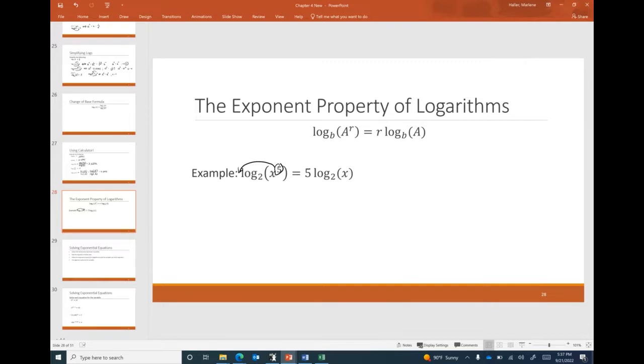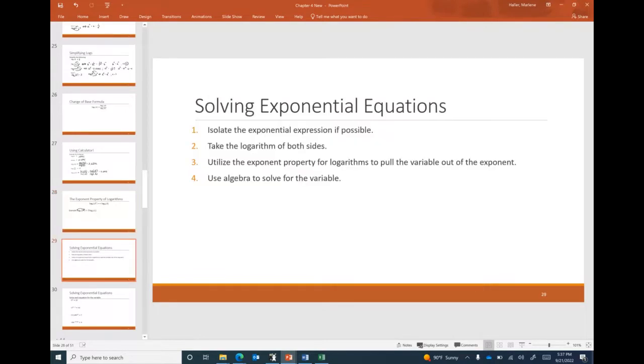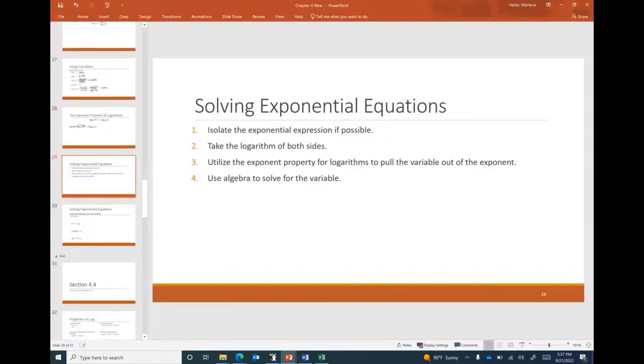Very, very cool. And by the way, it does not matter if that 5 is in the parentheses or not. It can be outside and it would still work. It may change things if you've got a product or an expression going on in the argument. All right, let's look at some examples of using this property to solve